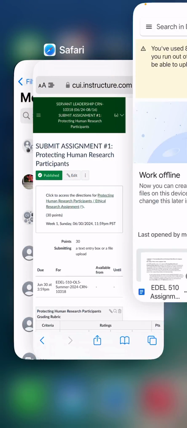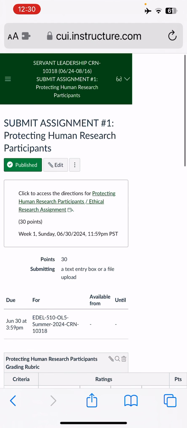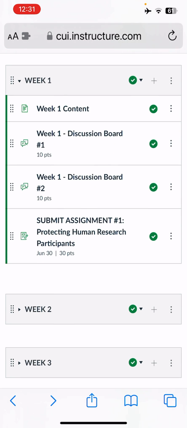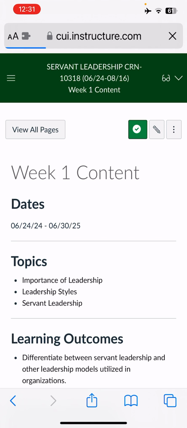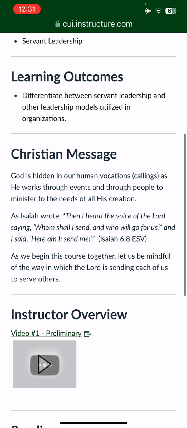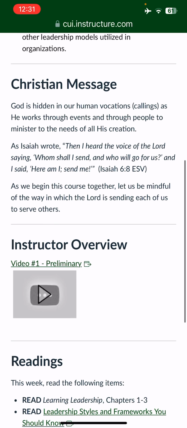And once again, that was one of those pages. So here we go. I'm going to show you one last time the content, because this is what you're going to be doing, which you may have already seen right here. So we have our learning outcomes. We have a Christian message, which I always love reading. It gives you a nice sense that you're not alone in the world, that you're being prayed for, not just by your instructors, but by your fellow students, and hopefully by a whole lot more.